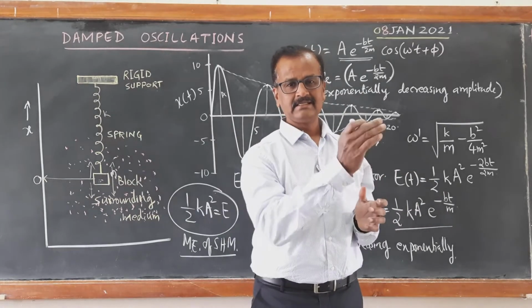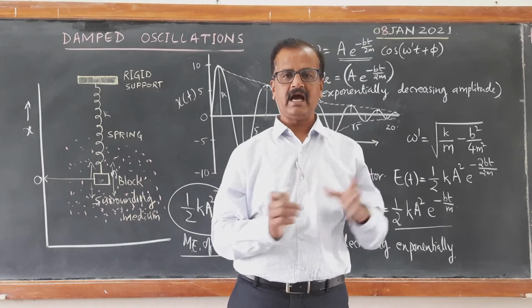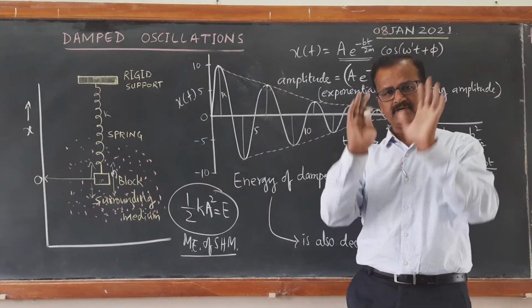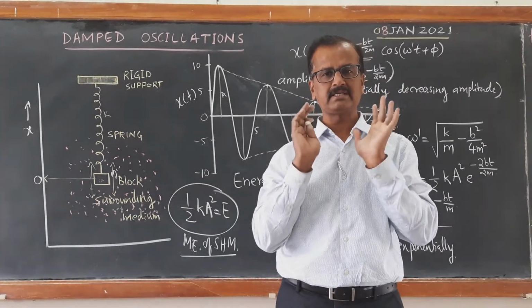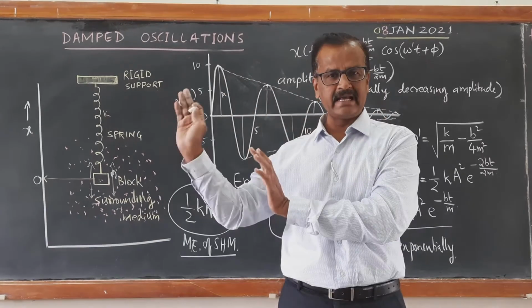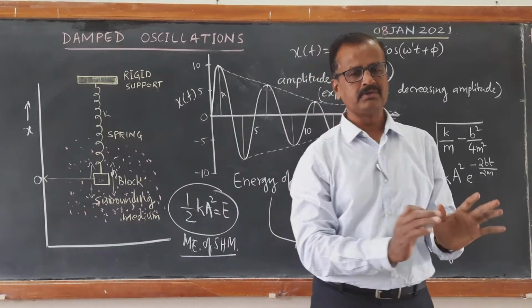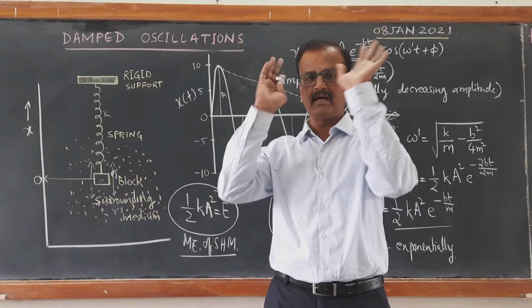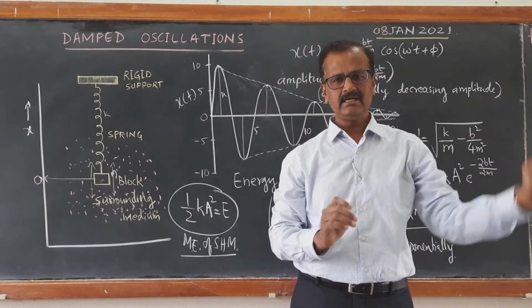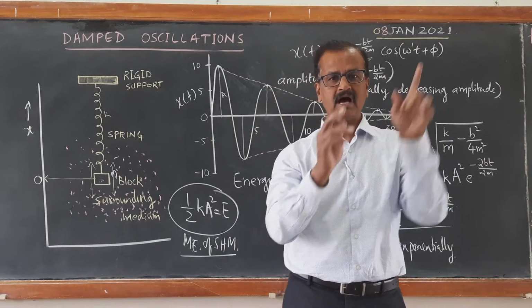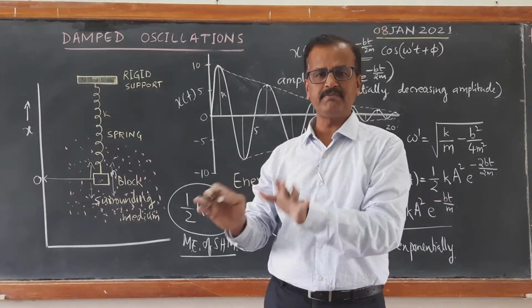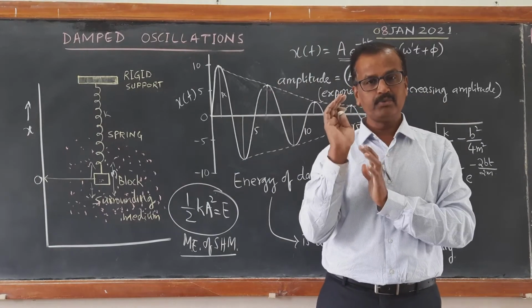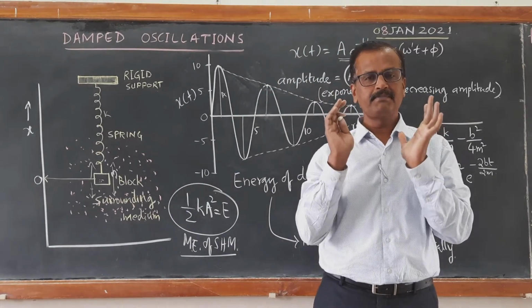At what rate are the oscillations decreasing? At what rate is the amplitude decreasing? At the same rate, if an external force is applied, which is a periodic external force, the friend is standing there itself. He doesn't come along with you. Whenever the swing comes to him, he will apply the force. Exactly when it comes, he will apply the force. After one complete oscillation, it comes to him, he will apply the force. So we are applying a periodic force.